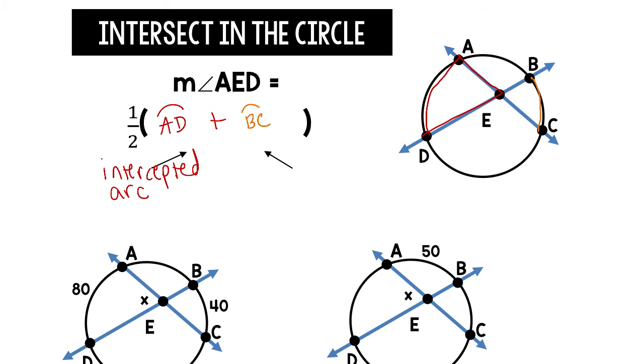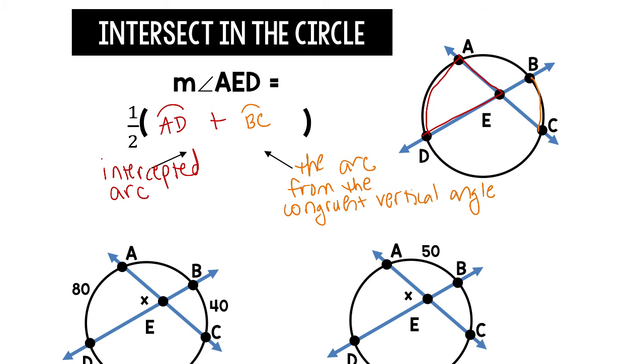It's the arc that is formed by the angle that we care about. Arc BC is the arc from the congruent vertical angle. You can see